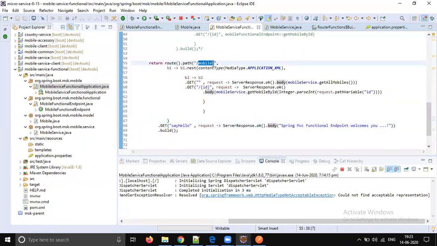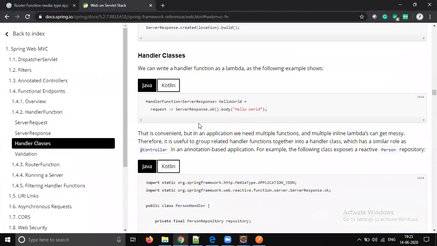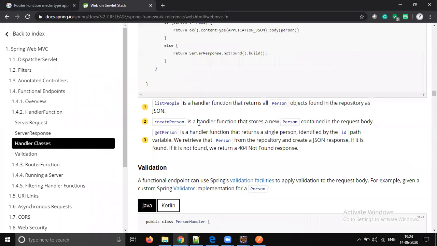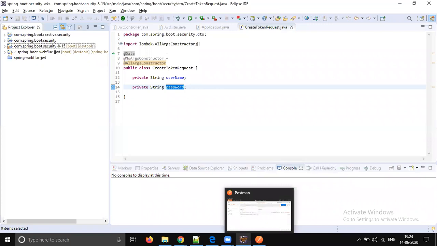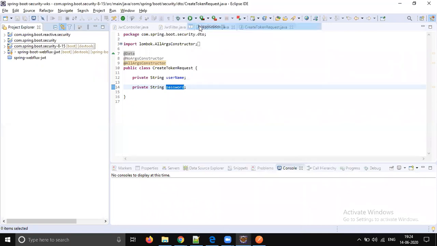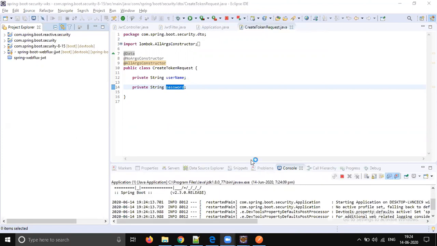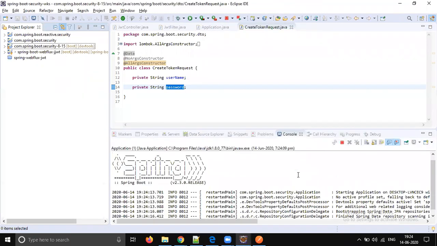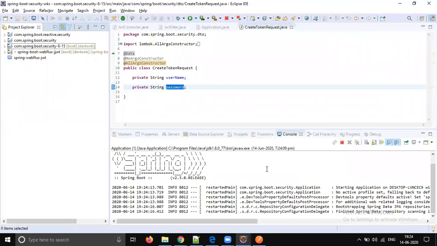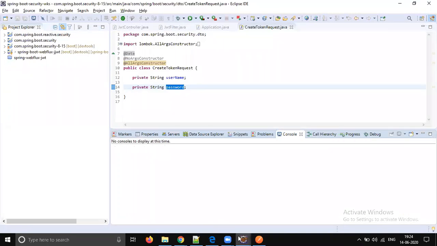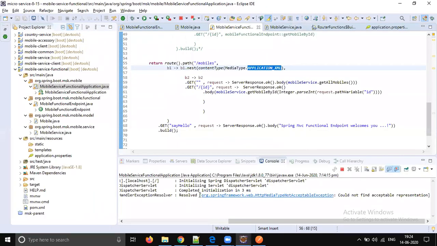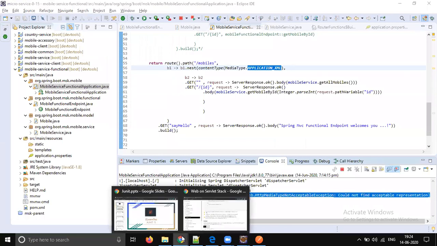Here we are saying content type media type XML, and it's trying to convert. So everything is JSON, right? So XML file, it fails with an exception.